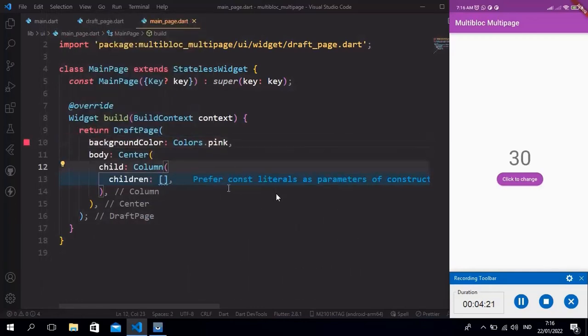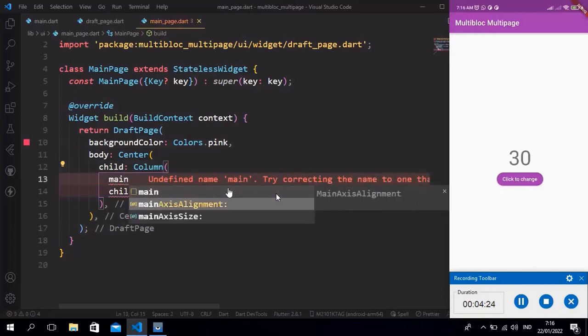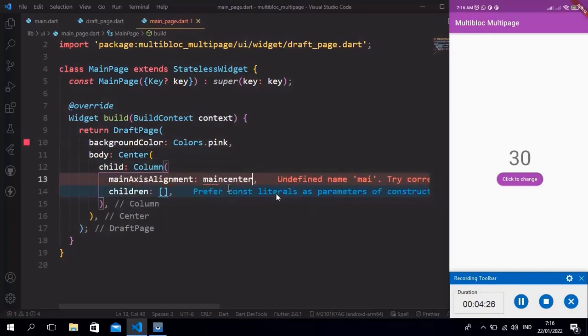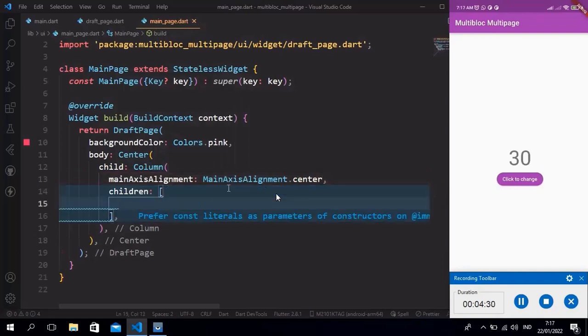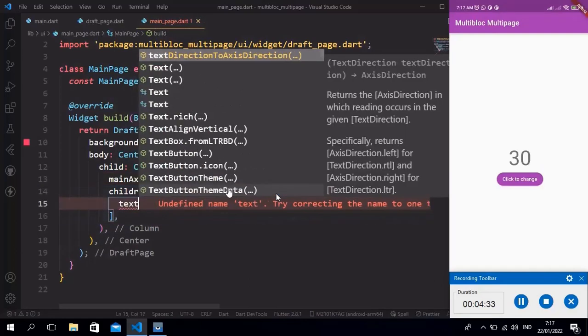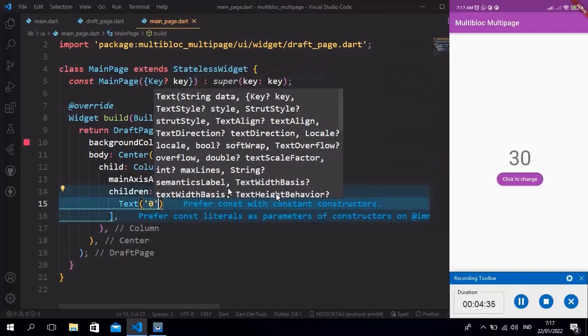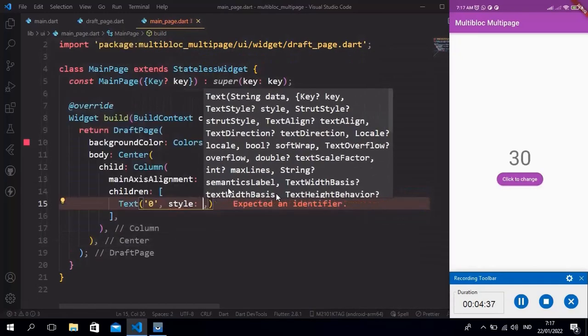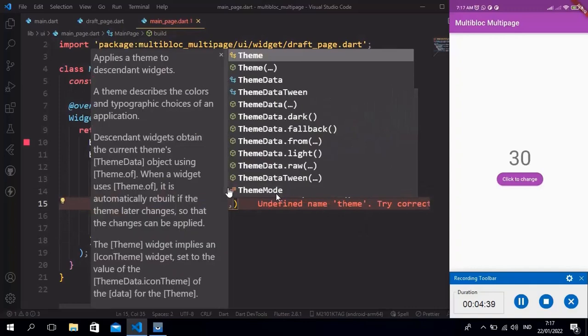Inside, we set main axis alignment to the center to center the children. And inside the column, we add text and button.